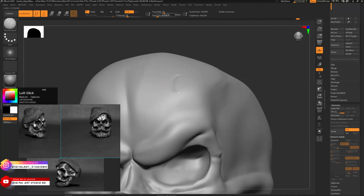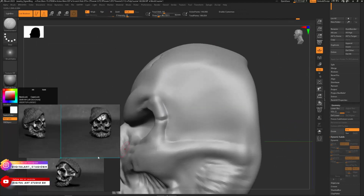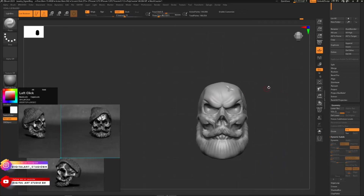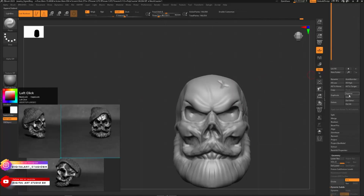And for this one, all right, that's looking fine. And for these ones, I'm gonna use the same brush, add scribbles, whatever you feel like. What I'm gonna do in the end, I'm just gonna add the pinch brush to it. All right, yeah, much better. We don't want it on both sides. I just want it on the one side, since it's gonna be wearing a cap, and